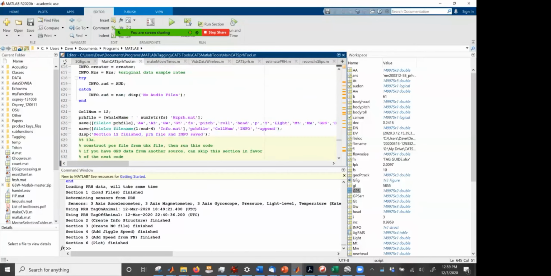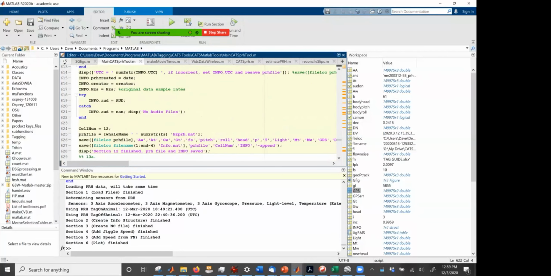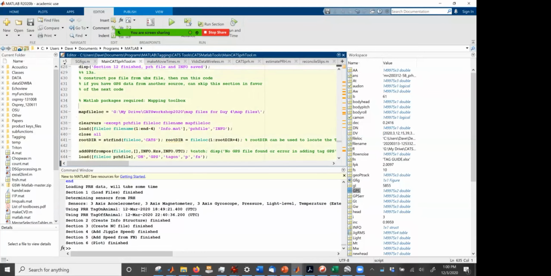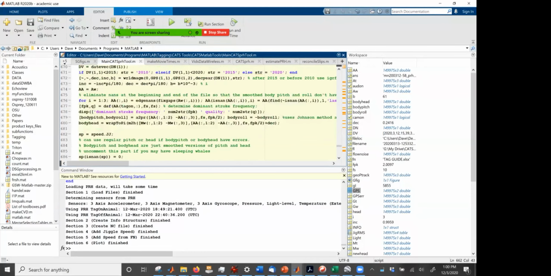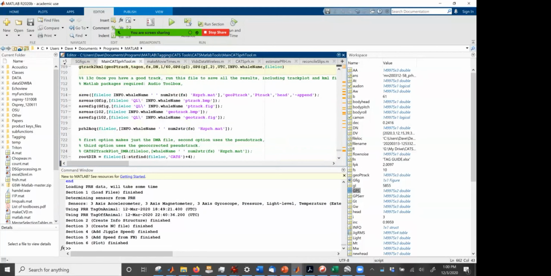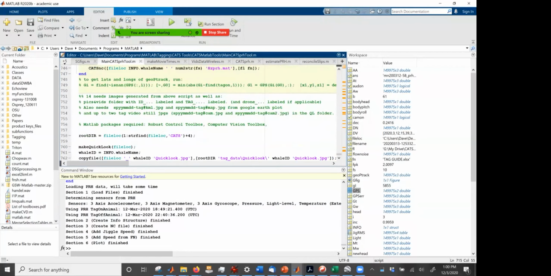And then you can do these other add GPS things to them and whatnot. But if you can get to that final PRH file with your own data, we should have a prize for that, and we can help you then add GPS in or create the video files from that. We're kind of out of time for the day, so we'll save the last two steps, this making a quick look file,